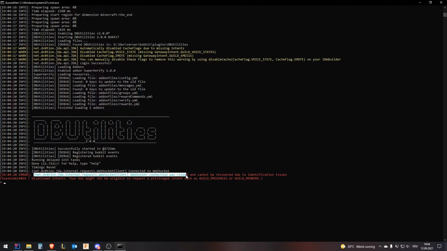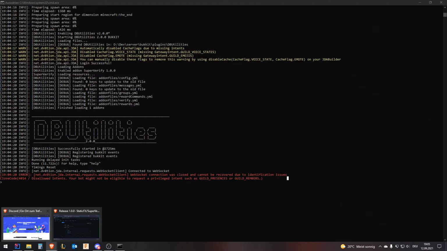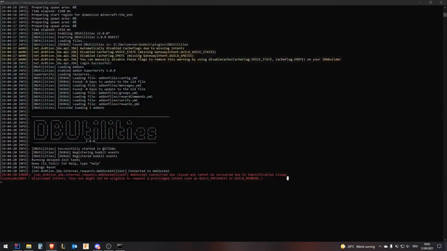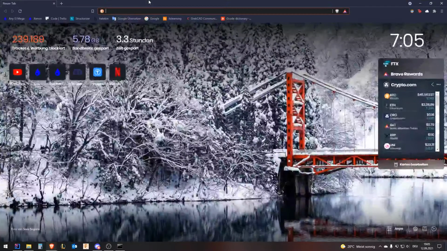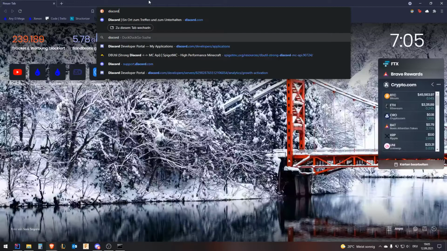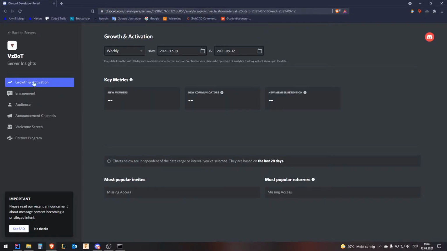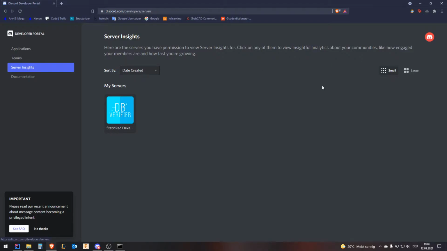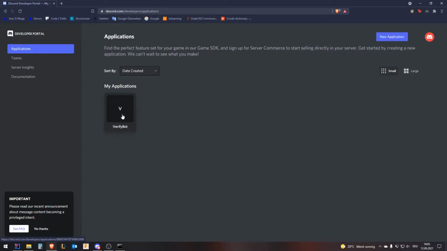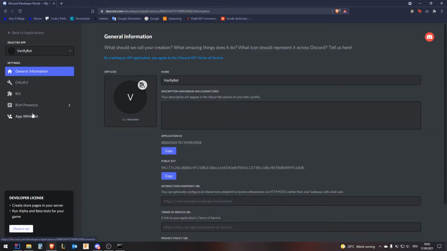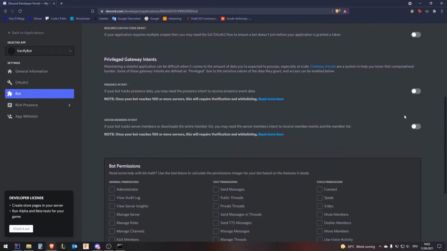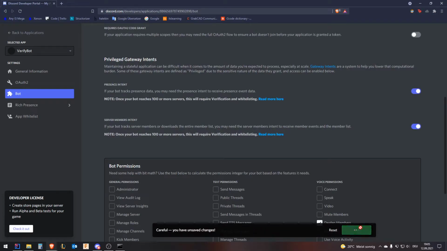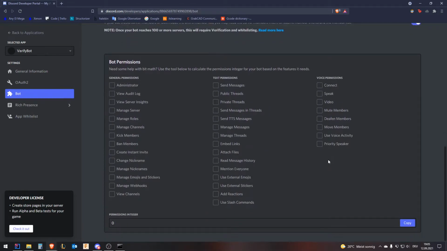So you can see WebSocket connection was closed and cannot be recovered due to the identification issues, disallowed intents. So if you get this error, it's pretty easy to fix. You just head back over to the Discord developer portal. So let's go back to there. So just type in Discord developer portal, and then basically you want to go to your bot you created, so here, and then you want to go to bot and turn on these two things. So just these two, and then you won't have the problem anymore when you restart